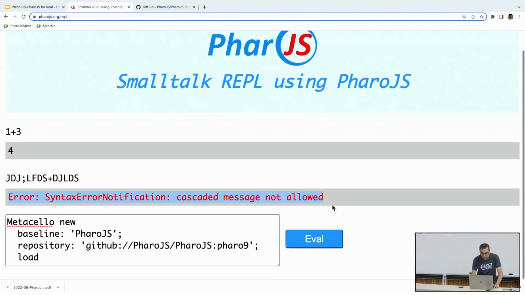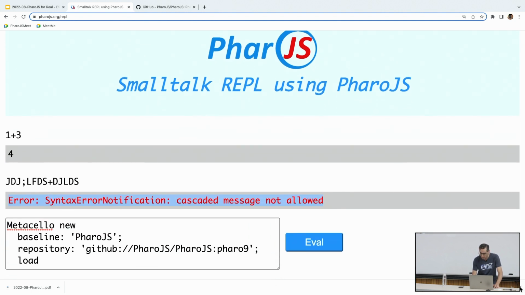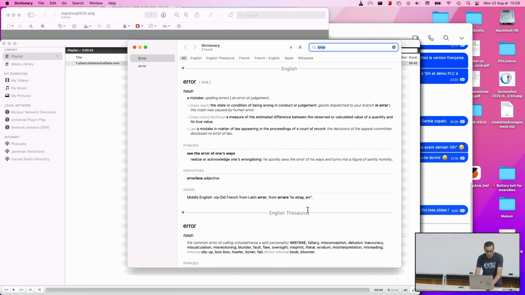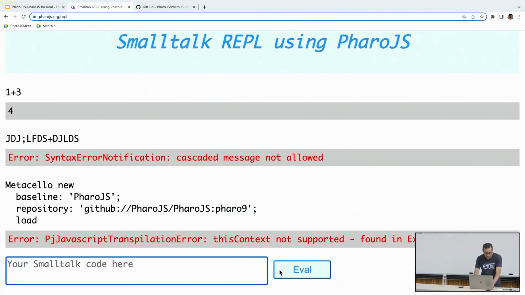So you see, it's the code to load Metacello. Let's see what happens there. No, it did something else. Okay, this context is not supported. This is what it says. So because we don't support, I mean,